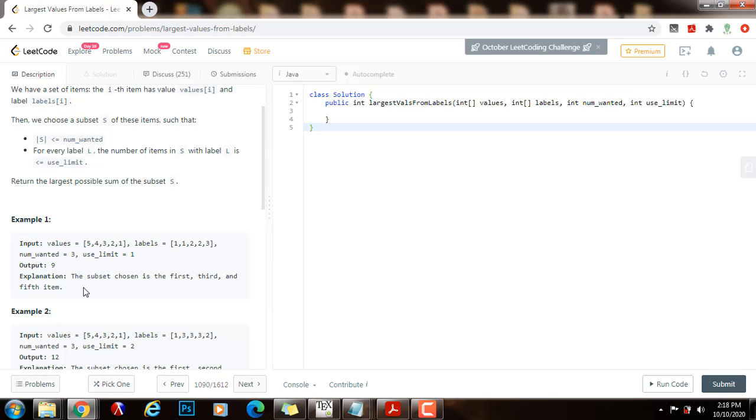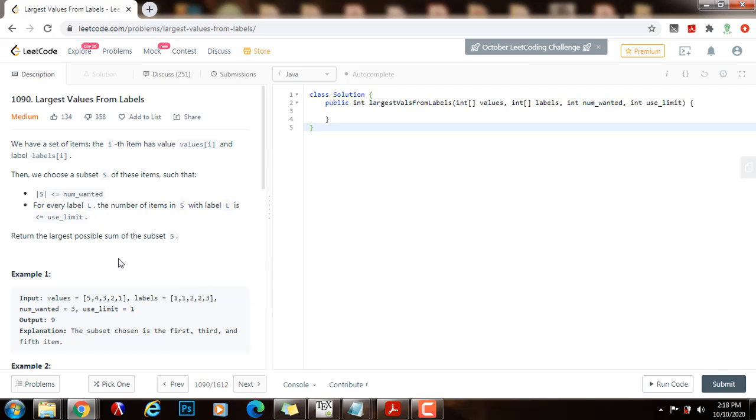So how can we solve this problem? This is an optimization problem, and we want to maximize the value. So whenever we have to solve optimization problems, we can think of greedy algorithms. A greedy algorithm is an algorithm that makes decisions that are locally optimum at every step, and it never changes that decision. So in order to use the greedy approach, we can use a priority queue. We can use a max heap or priority queue because we want to maximize the value. We always pick the largest value,